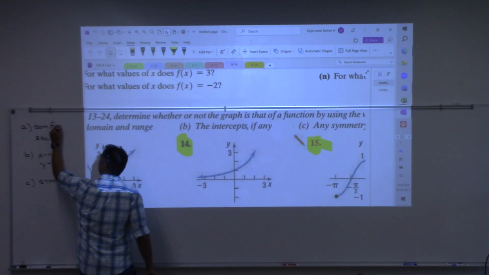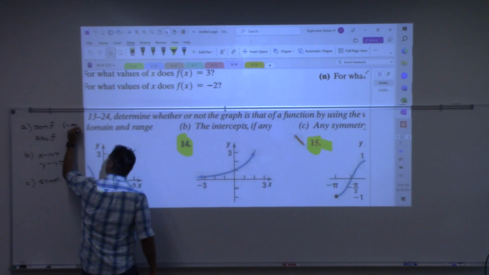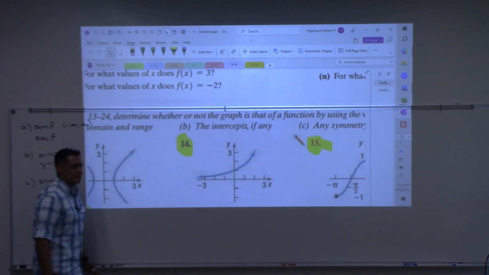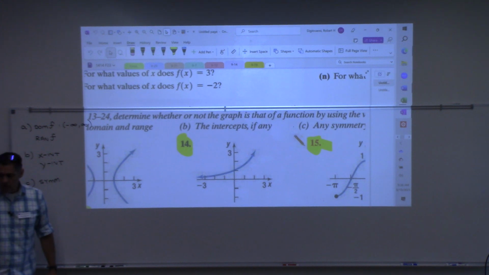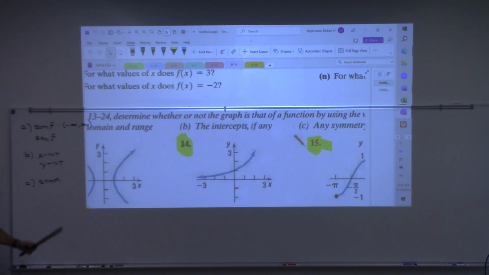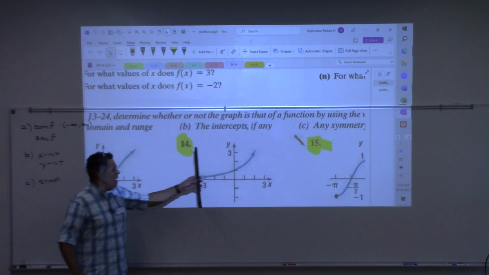So I'm going to write it as negative infinity to infinity. That's the domain. Can you also just put it down as all real numbers? Yes, you can put all real numbers. But we're going to use interval notation mostly in this class. So I would get used to the interval notation. Okay, what about the range? The range is the same idea, right? But we turn